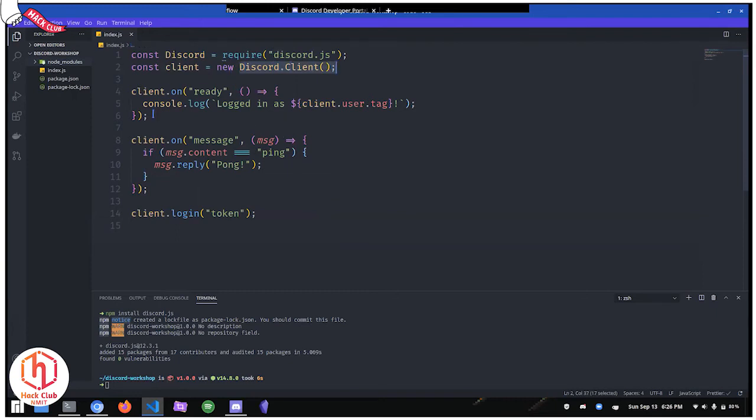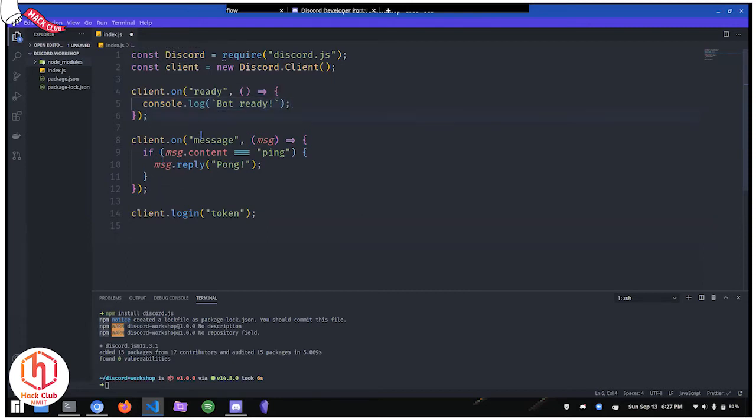And because JavaScript is asynchronous, that means there can be multiple things executed at once. So once the bot is ready, it's gonna log this statement just so that we can actually see the bot is ready. You don't need to write this. I'm just gonna type bot ready. All right, that's it. Cool.